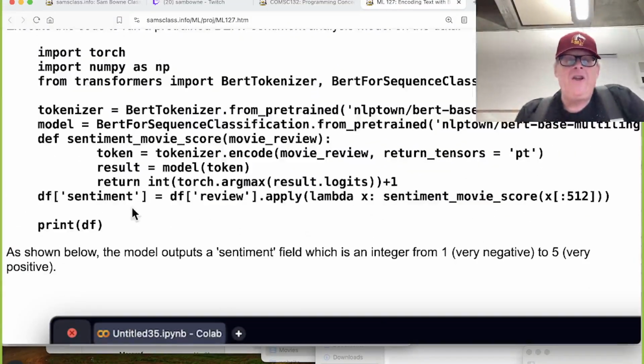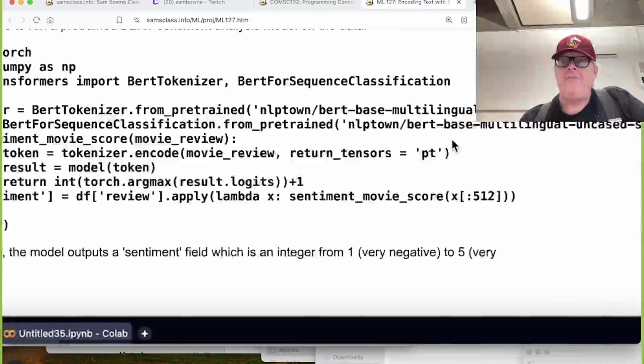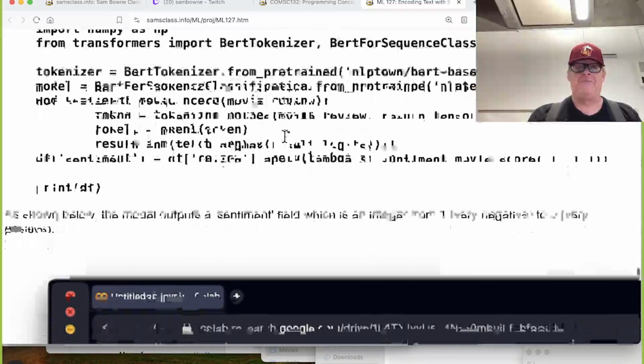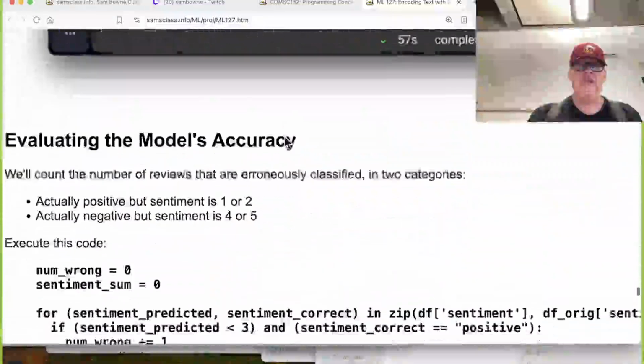You run it through here, and you predict the sentiment. You train it. You have pre-trained BERT, which will just turn the words into tokens and into high-dimensional vectors, the way it's previously been trained on a large segment of English words, and then it's going to classify them for uncased sentiment. This is something that's already been programmed by somebody else to classify things as a positive or negative sentiment based on all the words in there. So you can run this thing and see how accurate it is.